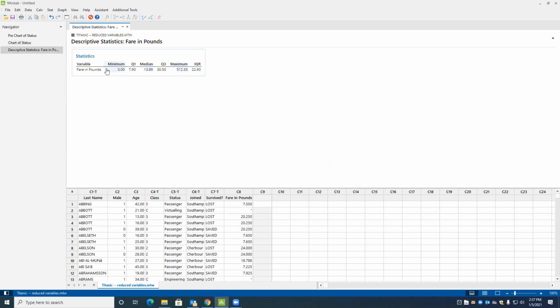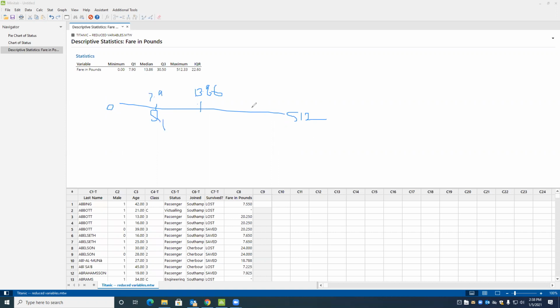So now the same numbers you can see here. I can make this representation. So minimum is 0, maximum is 512. Where is the median? Median is 13.86. And quartile 1, Q1 is 7.9.